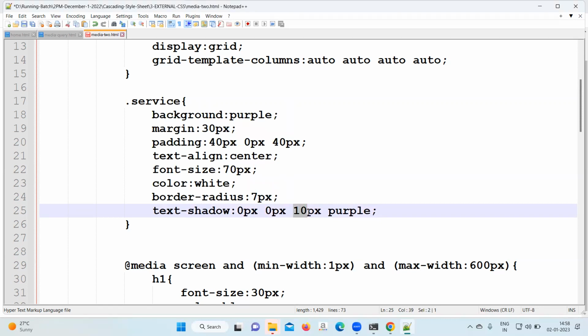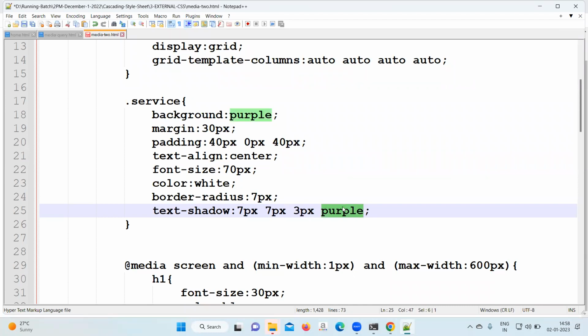0, 0, 0. Okay, from the top you have to give some space, 7, 8. From the bottom also you need to give a little, maybe something like 7. The color should be a different color, like the white color you were given. This box shadow of 10 looks like too much, so we need to reduce it to 2, 3. And then the color should be